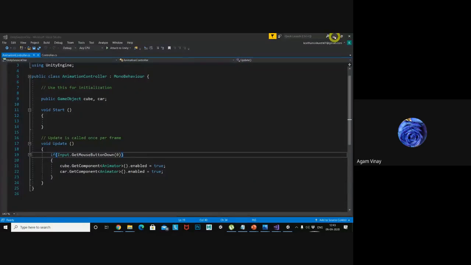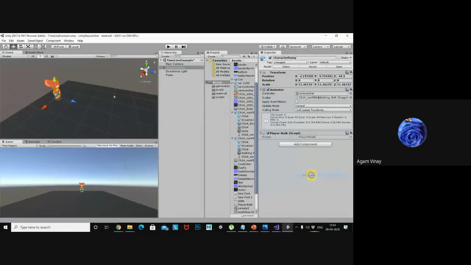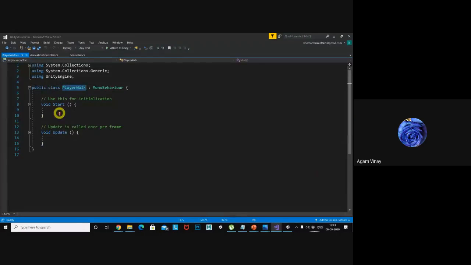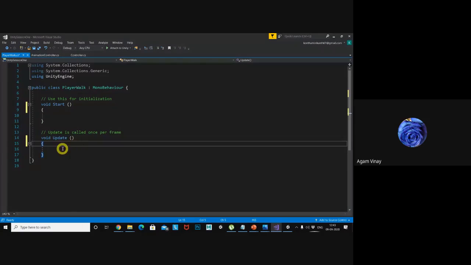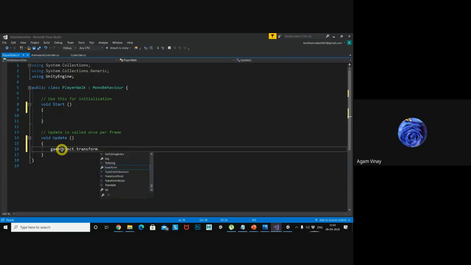So whenever the player walk is created, I want to open it. So this is the player walk class, my script. By default, two functions. So I want to move it continuously. So what I have to do, position I want to change every time. In which direction do I want to move?